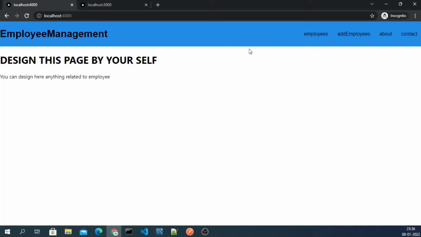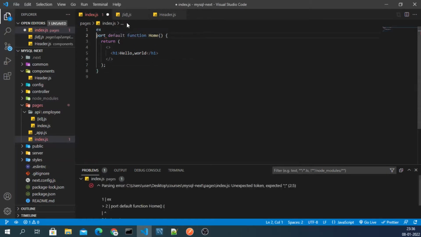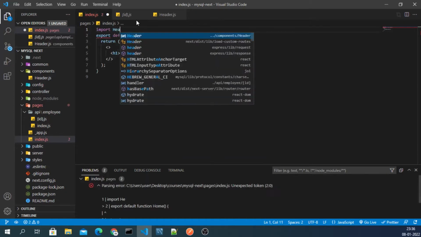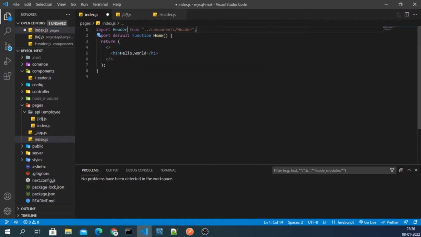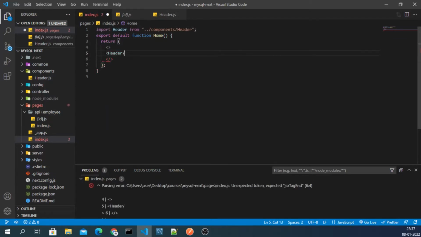But my point was, whenever you create any component, with the creating of the component, you will also need to create its path, right? So for that, right now I will import header from here, and then I will simply remove this hello and replace it with header.